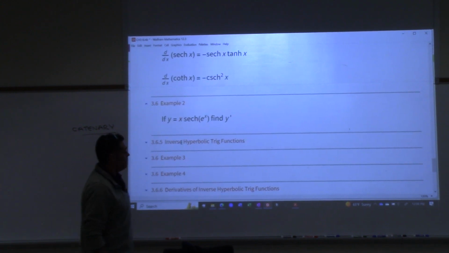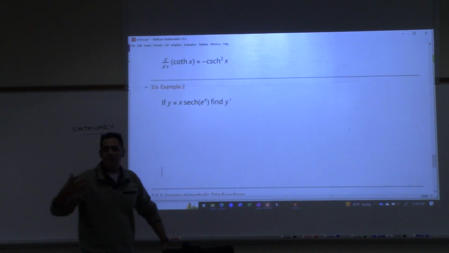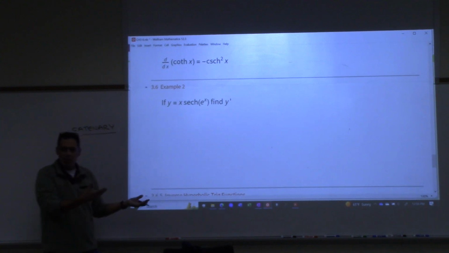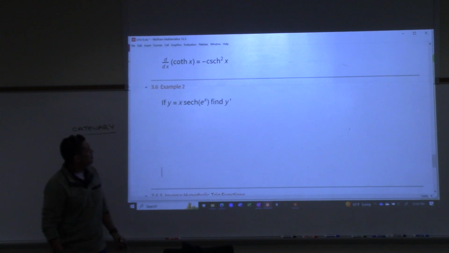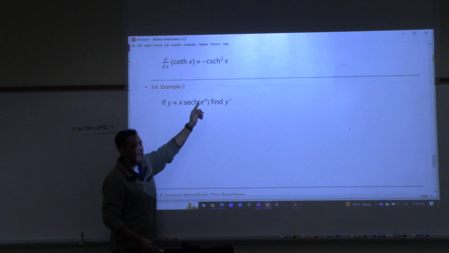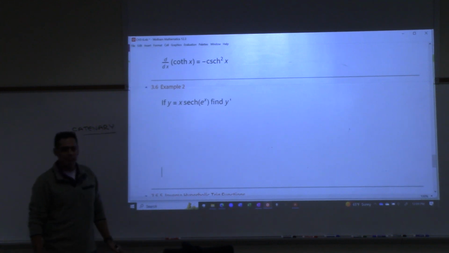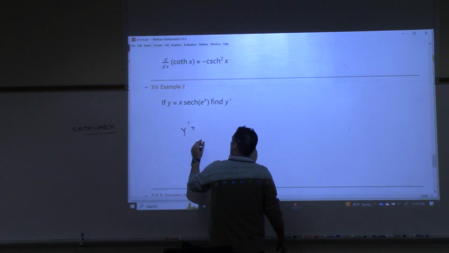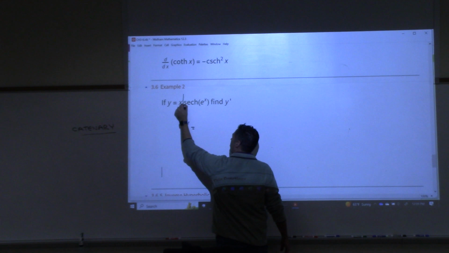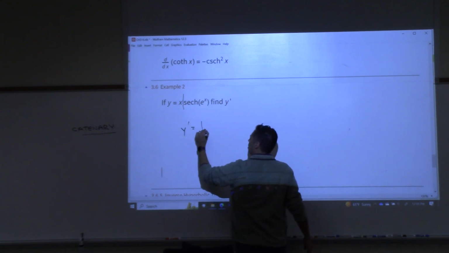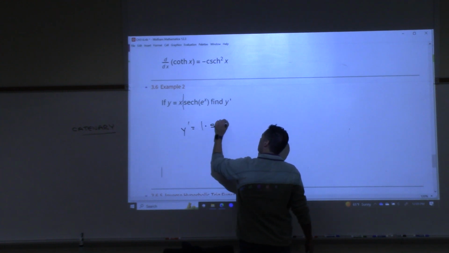Because we now have a new set of functions with derivatives, we should be able to find derivatives using product rule, quotient rule, chain rule. Everything we've had before, we can now incorporate into these new functions. So here's a function, y equals x times hyperbolic secant of e to the x, and I'm asking you to find the derivative. Okay, product rule, right? So y prime would be, here's our product right there. The derivative of the first function is what? 1, I'll put 1, even though I don't need to, times the second function,